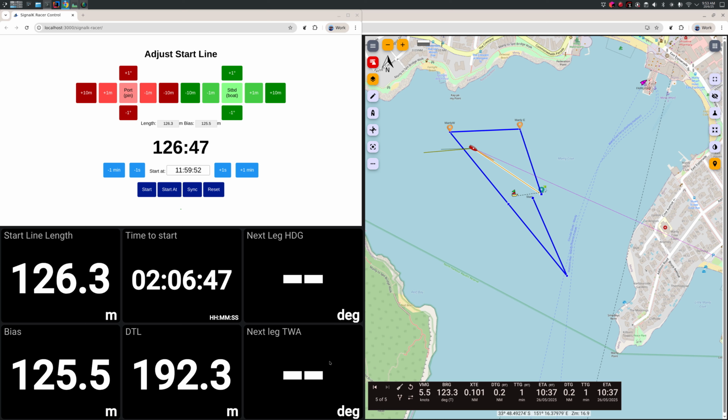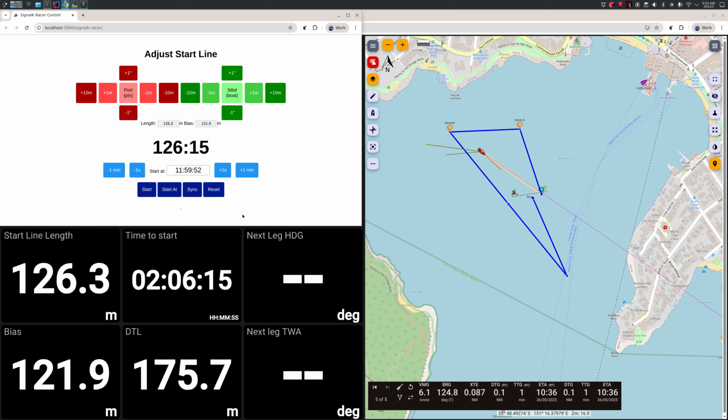Anyway, so that's the current state of the plugin, 0.9.7. I've used it for one race, but it's very early days. I'd really welcome feedback on whether it is usable, anything else you'd like to see in the plugin for racing, and ideas of how to make this web app into a nice beautiful KIP widget, or I might make it into 2 widgets. So I might make it into the line adjusting